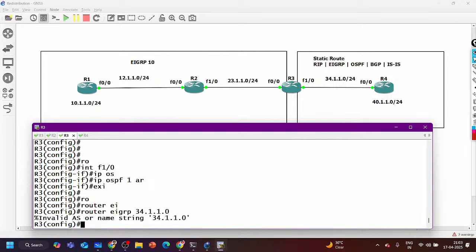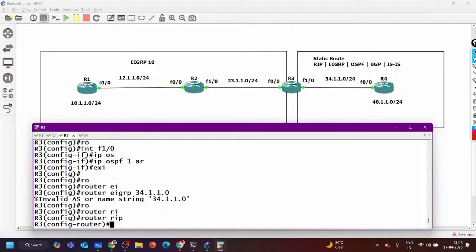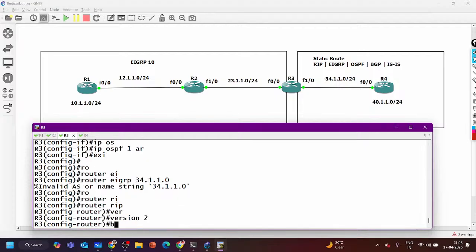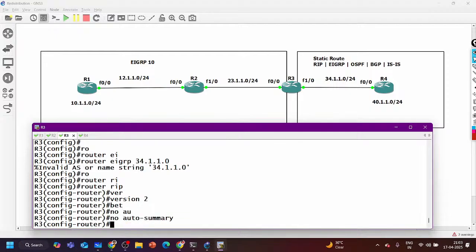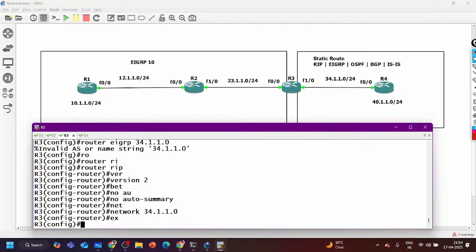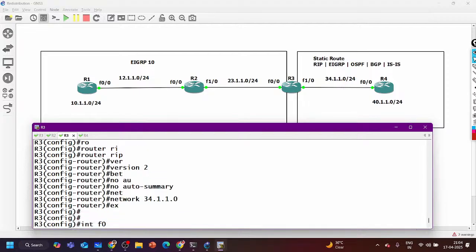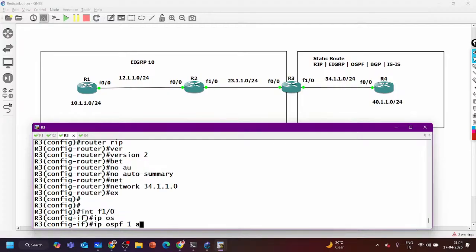Let me enable all the protocols here. Let me enable OSPF also. Interface F1/0, ip ospf 1 area 0.